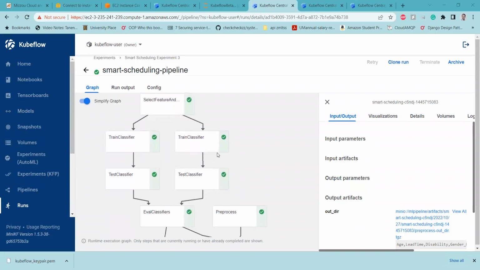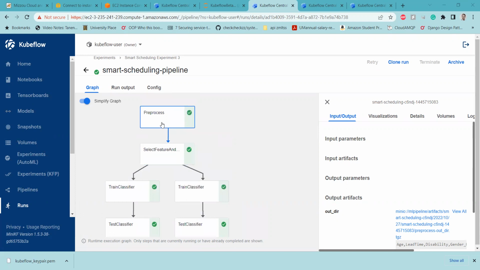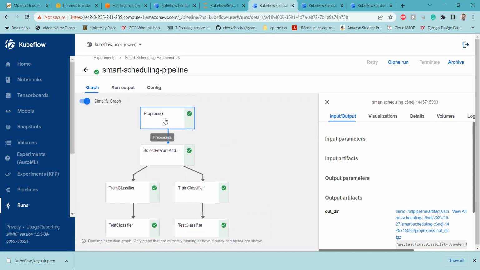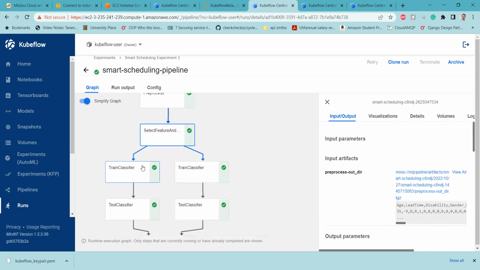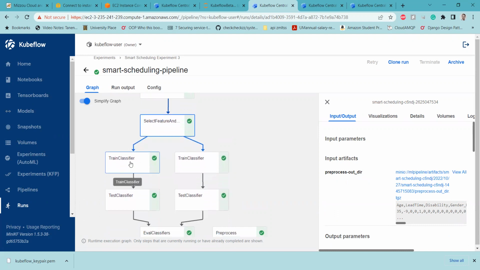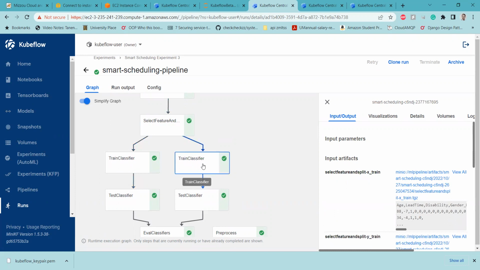Now our pipeline is ready, and we can see that there are several containers performing their tasks. The first one is pre-process and select feature, and the cool stuff about Kubeflow is these two components that are being executed in parallel,